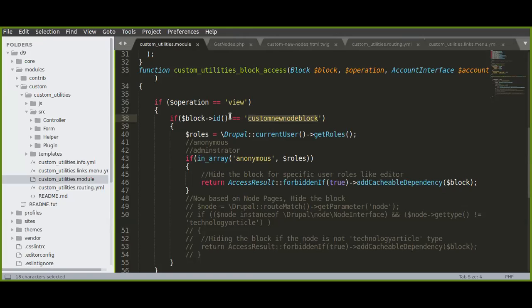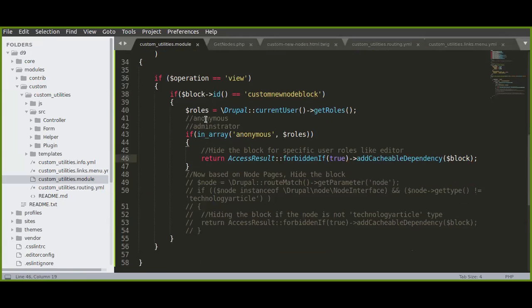So this is how the controller will come over here. Here I'm checking the roles, the current user roles. I will get it from here. If it is an anonymous user, I restricted this block. If it is other than anonymous, we are showing this block. That is what this code will do. Likewise, if you want to control page level, user level, role level, whatever you want, you can do it through this hook. Here I have controlled only for the anonymous user role. This is how you can control it in the hook.